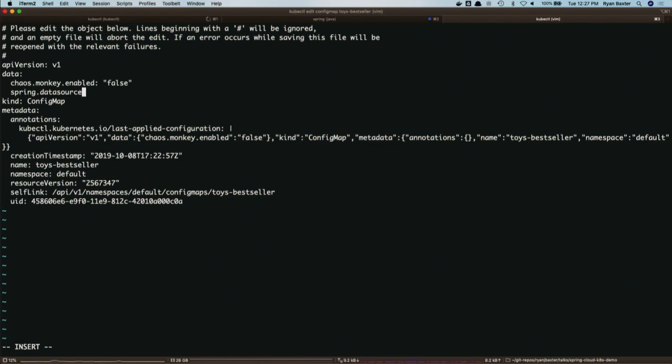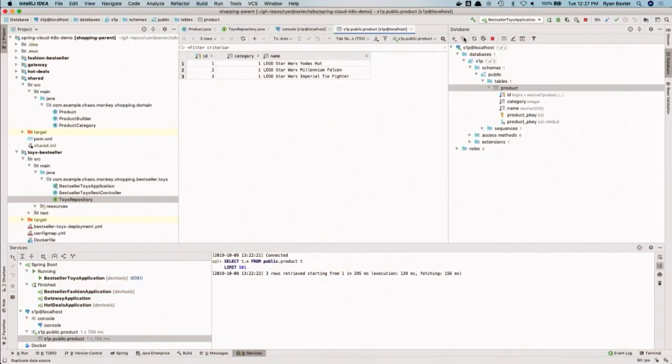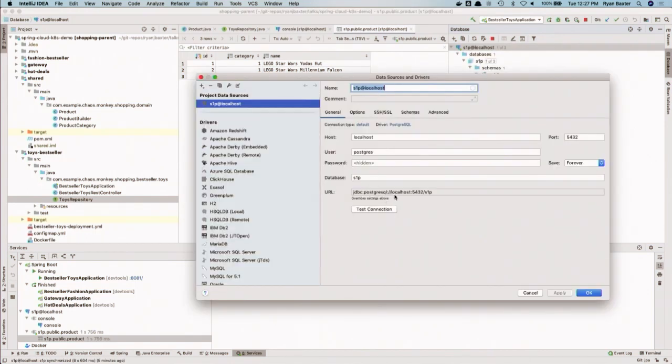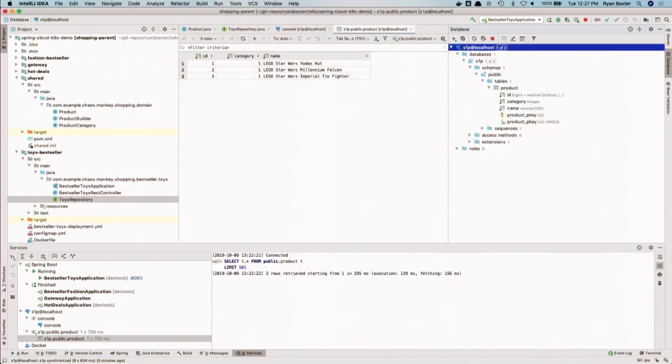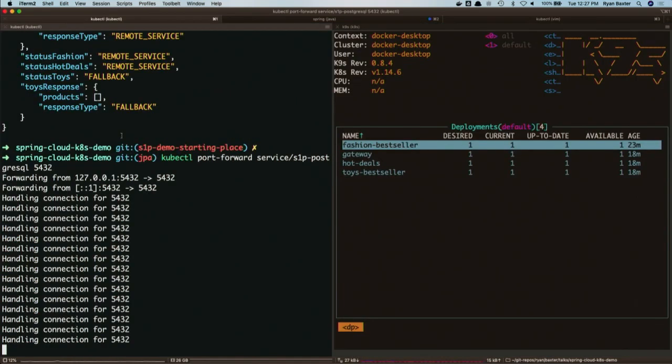So let's set the URL. All right, and let's be lazy and just copy paste this template. Of course, the database is not running on localhost, so I need to get the service name, and the service name is set here.